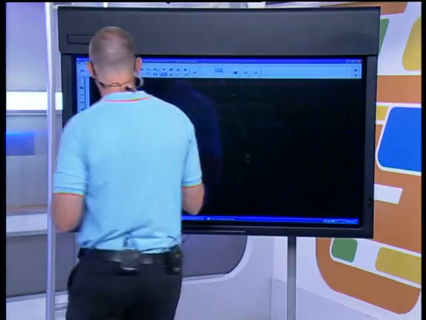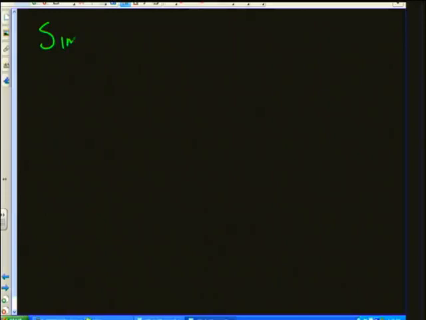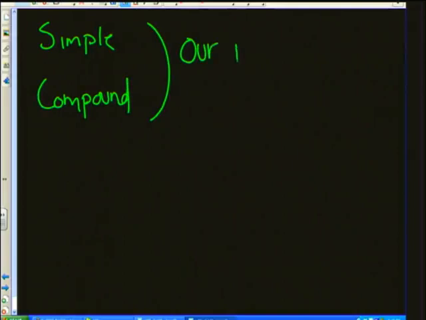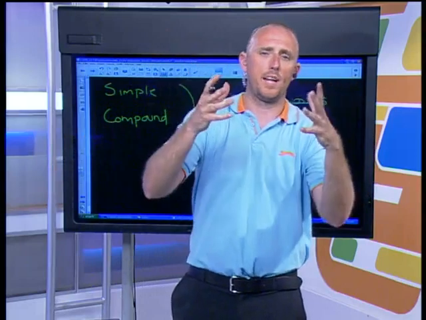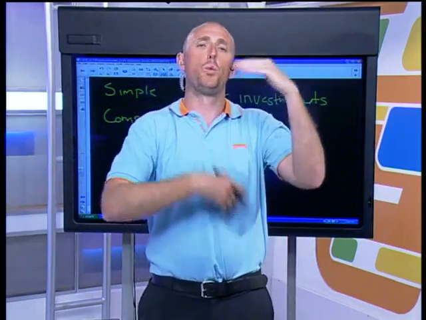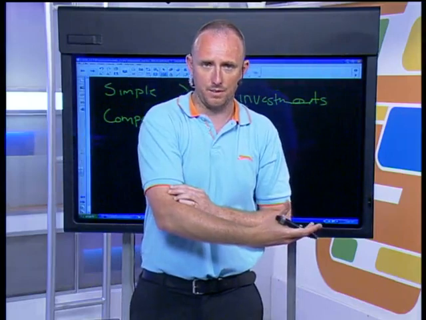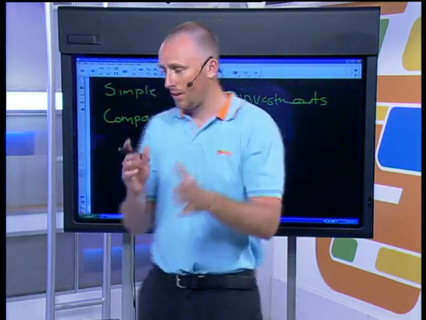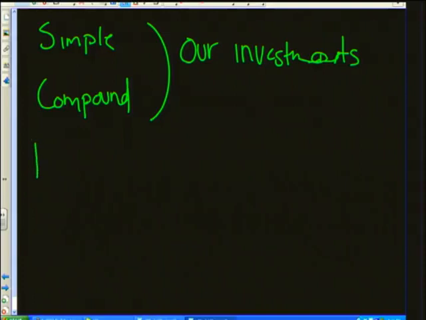Right, thank you, Goodwill. Now, the first thing that you need to understand is that simple and compound interest we use when determining our investments. So we use that to see what's happening with our investments. How much money are we going to get from our investments? Okay. Prime interest has got to do with debt.